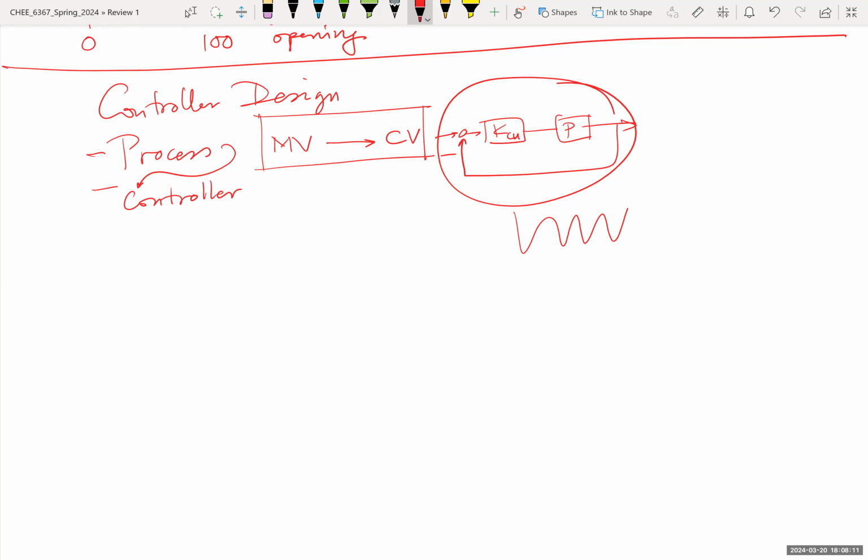Perhaps the most important part of that is the steady state gain. You need that. And then you also need, if there is dead time, you need to know the dead time. And eventually you need to know a few things about the time constant, the dominant time constant. So section